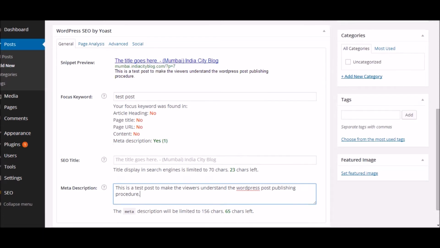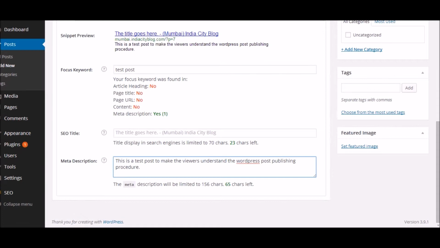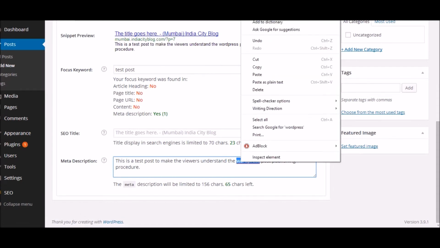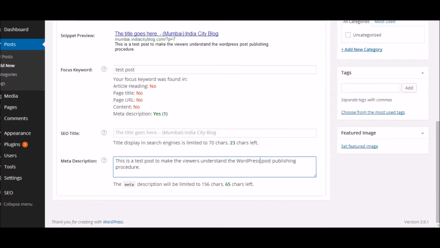So I just gave the meta description in this. WordPress, the W and P will have to be capital, otherwise it will keep showing you an error.